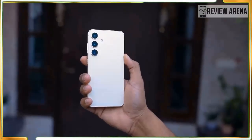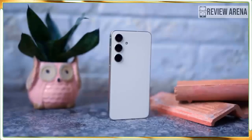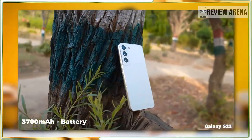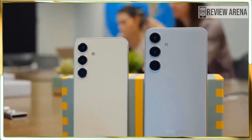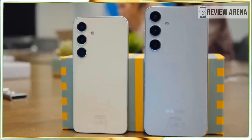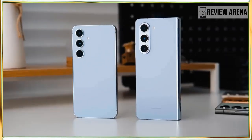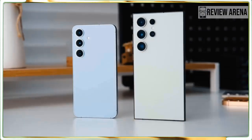There is also a lot to like about the new Snapdragon 8 Gen 3 for Galaxy chip, especially power efficiency. Even though the S24 only has a 4000 mAh cell, it has great battery life, all things considered. Plus, the performance with Android 14 and One UI 6.1 is fast, snappy and responsive enough for pretty much anything you throw at it. If you are due for an upgrade this year, the Galaxy S24 is a good phone